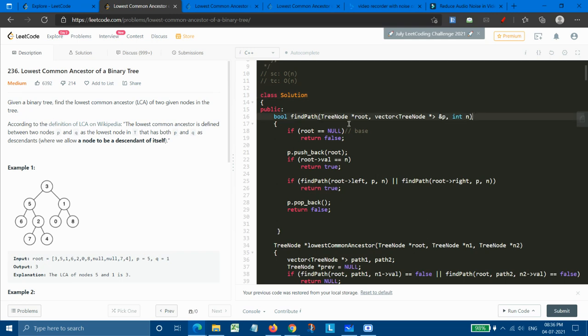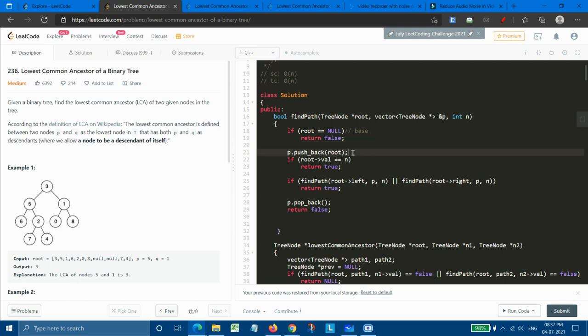In the first case, as we are doing simply DFS and backtracking, actually this whole part is the DFS part, and this part is our backtracking one. So we have simply created a base case, that is root equals null. Meaning if our tree is itself null, then we simply return false because there is obviously no path.